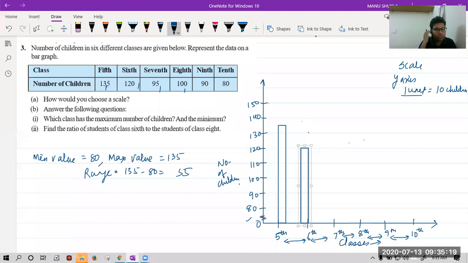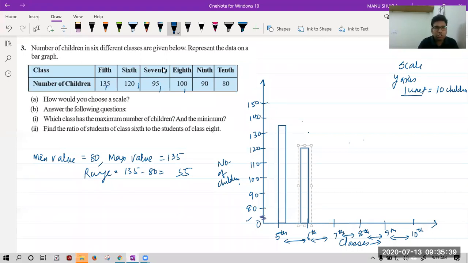From 0 only, Kritika. Not anywhere, in the starting only, Banipreet. In the starting only we use a kink. Now one more thing. It is not compulsory to use a kink. You are free to use a scale of 20 in this case. You can avoid it if you want.